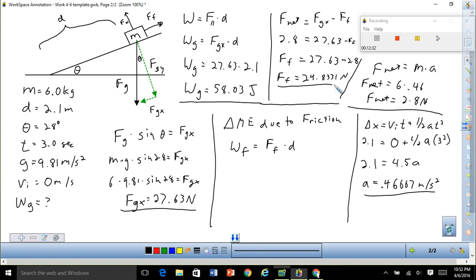Now at this point we have the force due to friction, and we would need to put that in here. Here's the trick to remember. Since friction is acting up the ramp and the distance covered is down the ramp, those are in opposite directions, and so one of them needs to have an appropriate negative sign. All this time I choose to work with magnitudes and just set the appropriate signs in place based on my directions from my free body diagram. At this point I need to do that again because the sign for the force and the distance is going to be opposite. So the force of friction will be negative